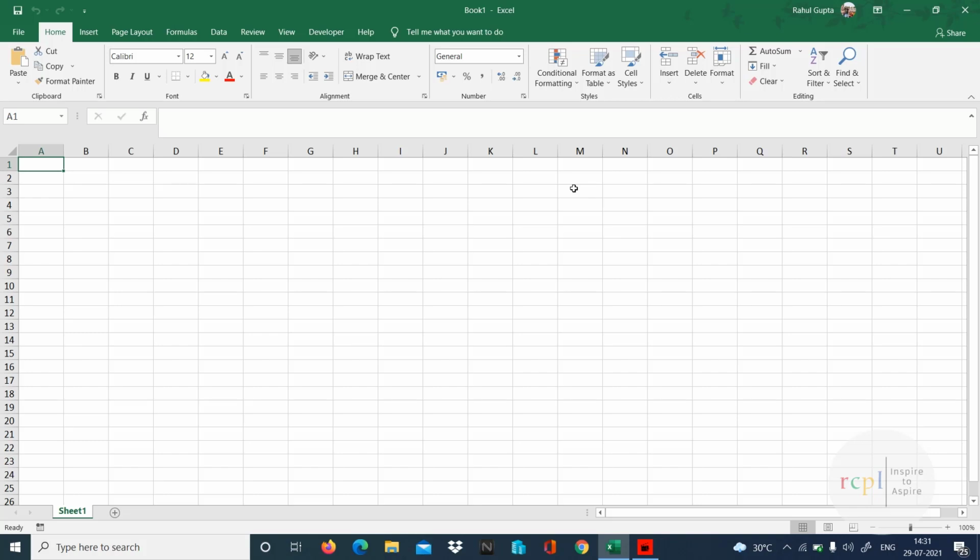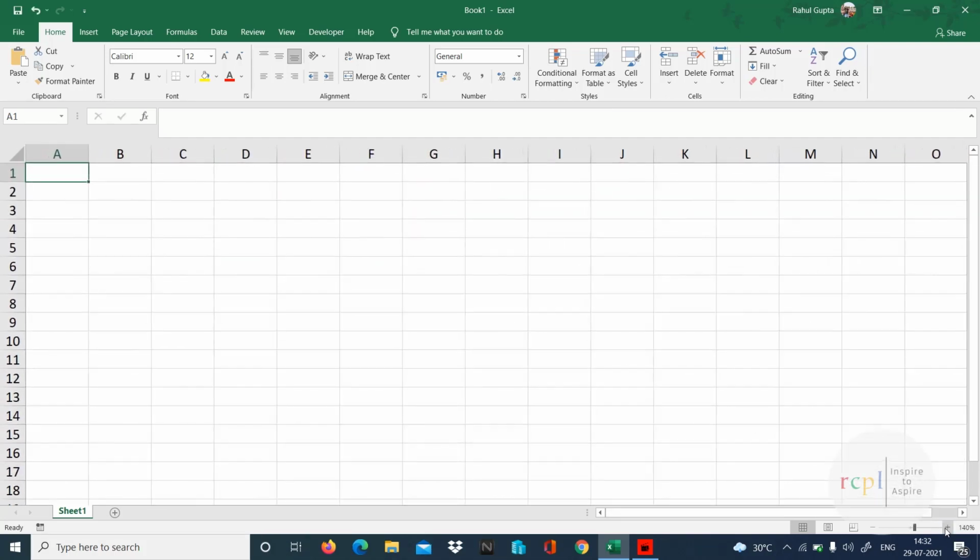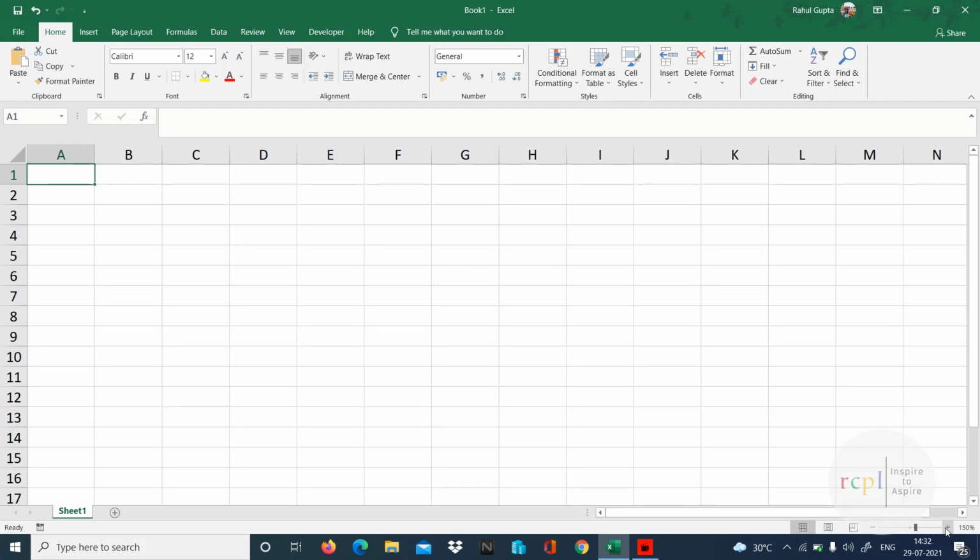Text functions are very crucial because many times, let's suppose we have shared a Google form and we ask a student to fill in the details. Now the details which they fill up are not usable. If we have to analyze the data, we cannot, because someone has written the name in small, someone in caps, someone in toggle case. So I have to ensure that whatever data we have is clean. To clean the data, we have to go for text functions. Around 10 to 11 functions we are going to talk about.